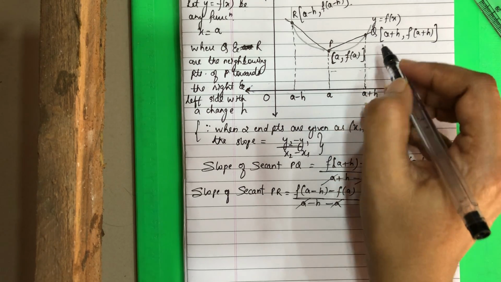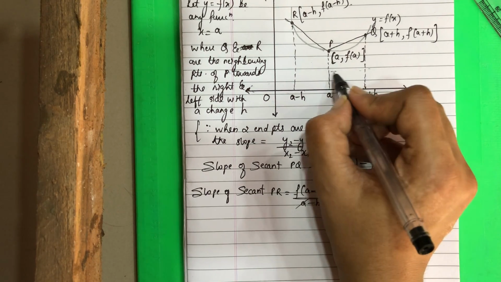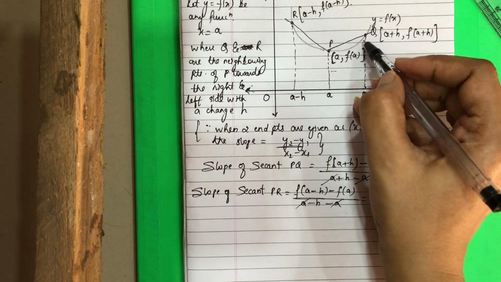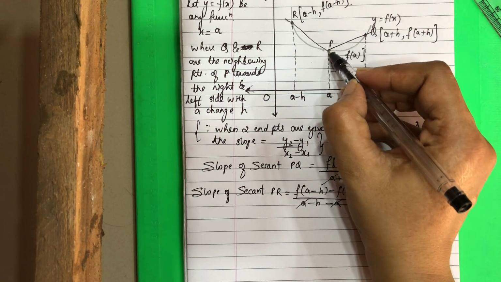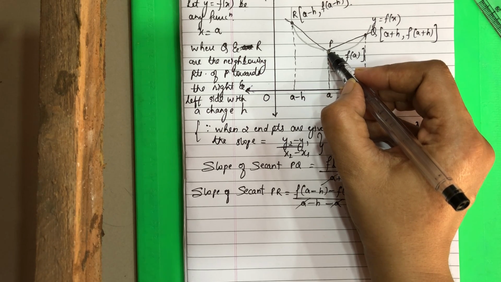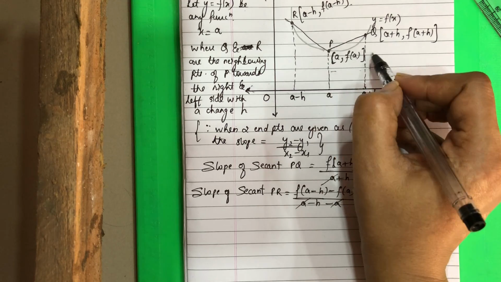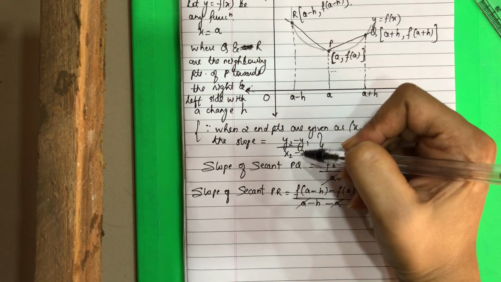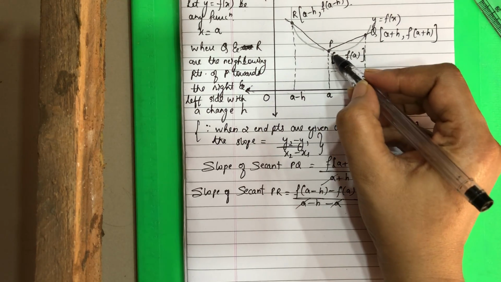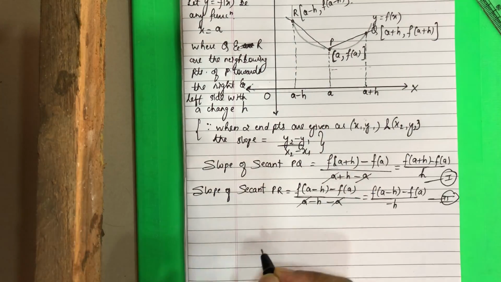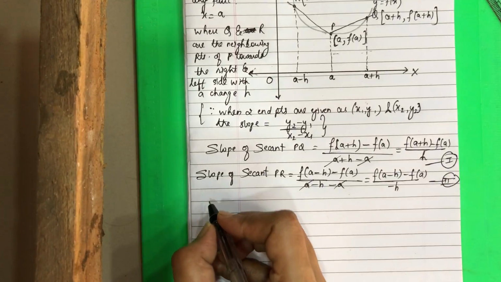I'm repeating once again, when this distance h becomes very small such that h tends to 0, then this point Q will lie on the point P. So this secant will then convert into a tangent. So instead of the slope of secant PQ, we will get the slope of the tangent at point P. So in a statement we can write this: